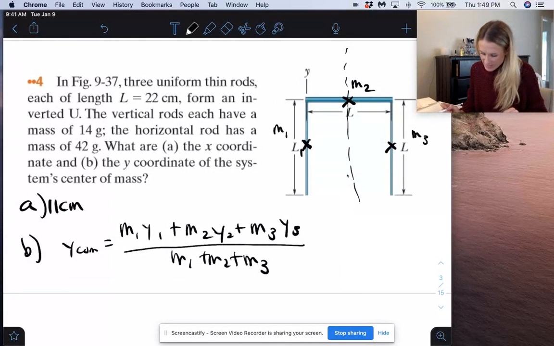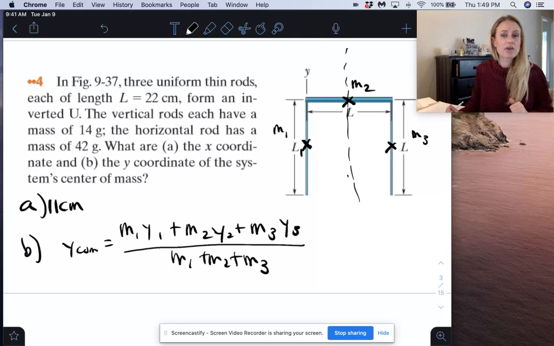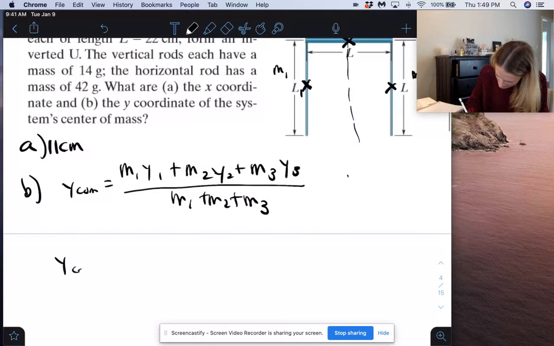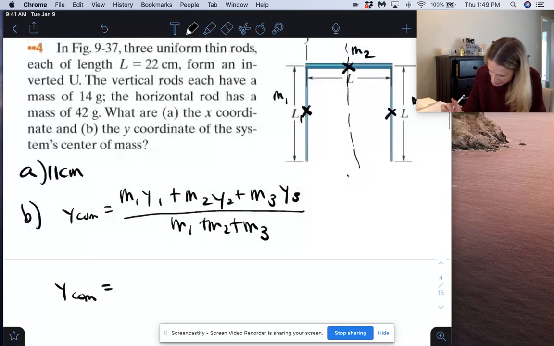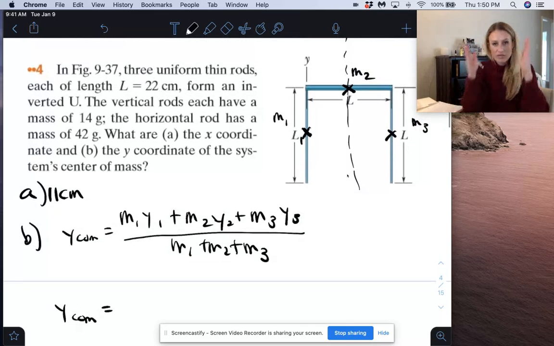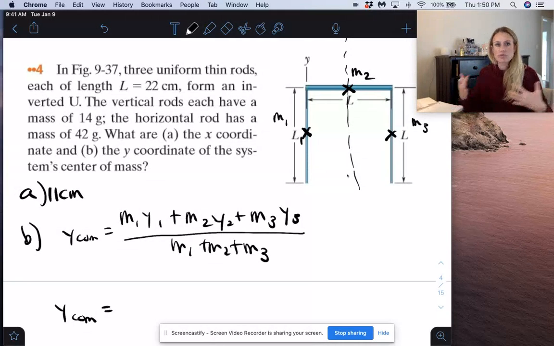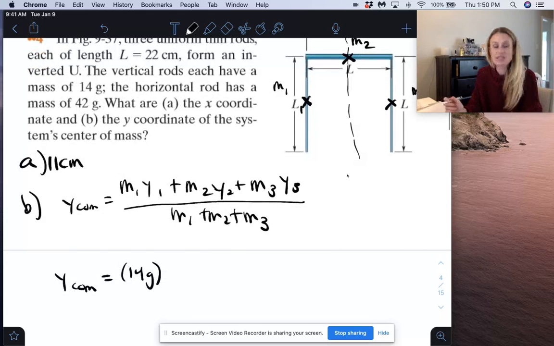So for this, I can see that I'm going below the x-axis, so that is a negative y coordinate. Now for mass 1, I can see that's in the middle of the rod. That rod, again, is 22 centimeters long, so that y1 is going to be a negative 11 centimeters. So we get y, center of mass, equals mass 1, which is 14 grams, because each of the vertical rods are 14 grams. We can just keep this in grams because the unit of grams is going to cancel. So we end up getting 14 grams for mass 1 times the y coordinate of mass 1, which is negative 11 centimeters,